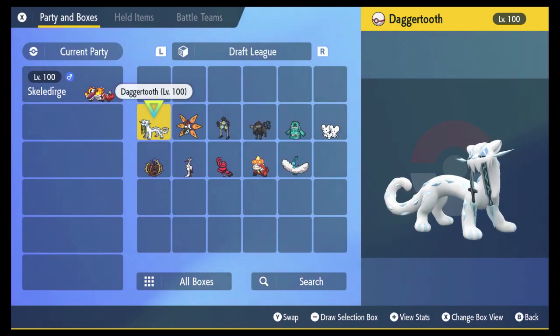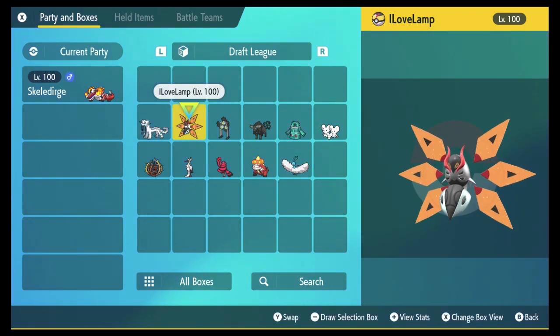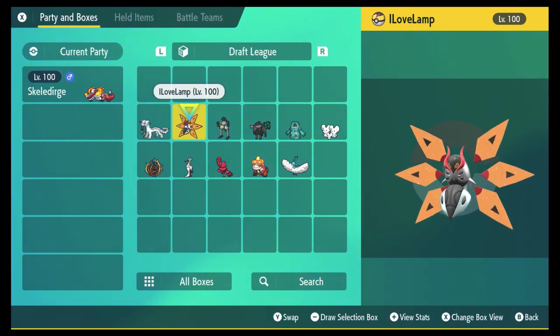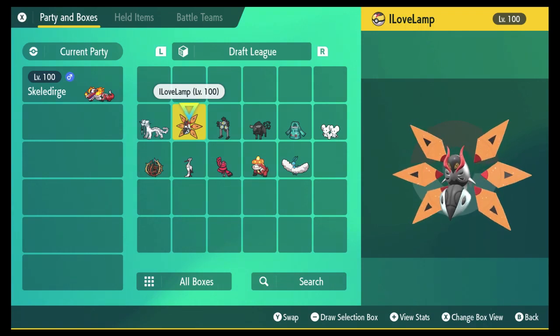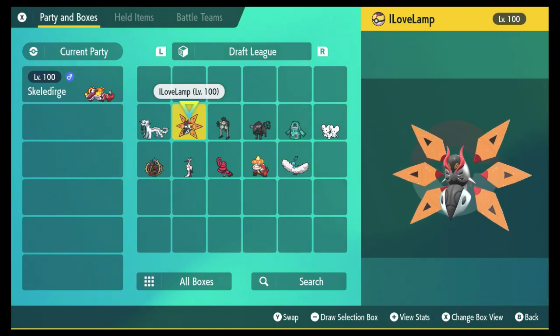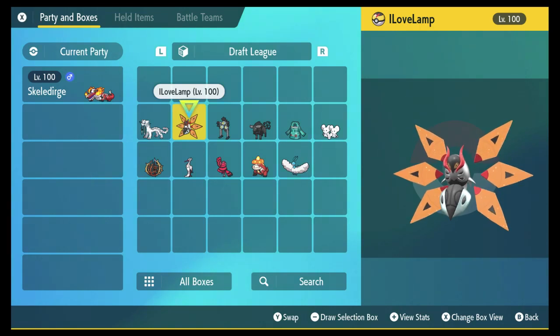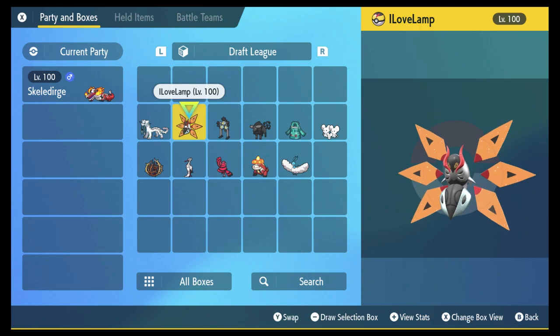Now, because I was pick 4 out of 16, I went all the way from 4 to 16, and then all the way back in the snake from 16 back to 4, and somehow Iron Moth dropped to me. I'm really excited to have Iron Moth because with Booster Energy, there's a lot of different sets. You can EV it so that it gets the speed boost with the Booster Energy, or using a more special attacking set, it can get that special attack boost with Booster Energy. It's also good with Choice Specs, has hazards as well, and already my team was starting to look really fast